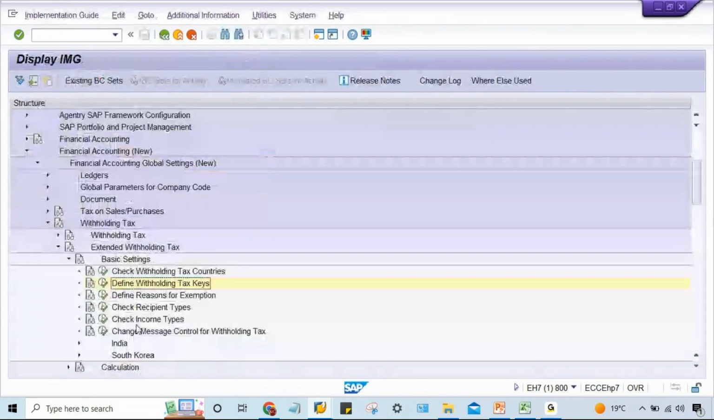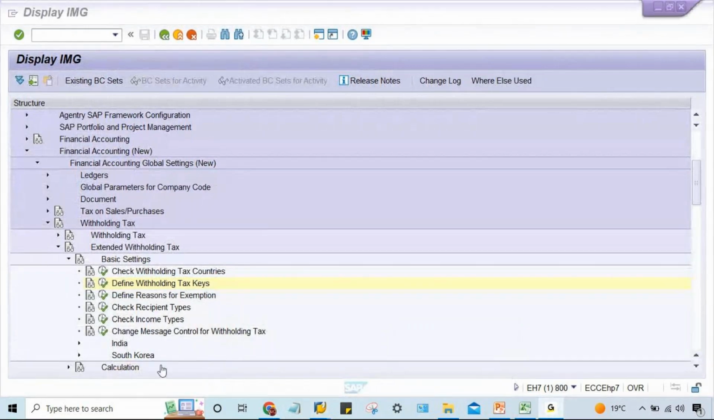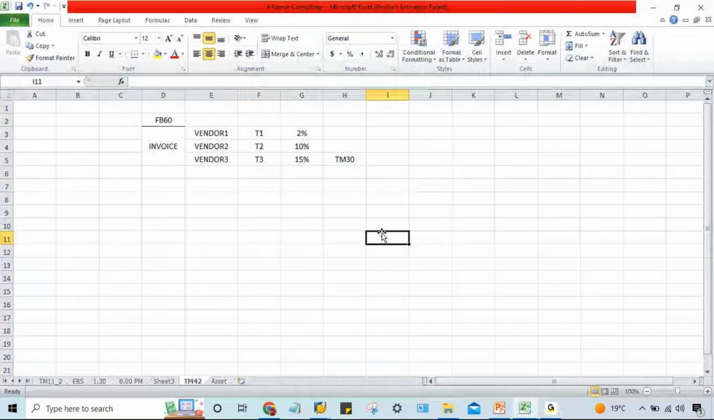Define exemption reason, or reason for exemptions. Okay, now there is a logic behind this one, guys. There is a logic. If you talk about the exemption reason, guys, I'll tell you. It is a kind of exemption code. Say for example, let's suppose we are having